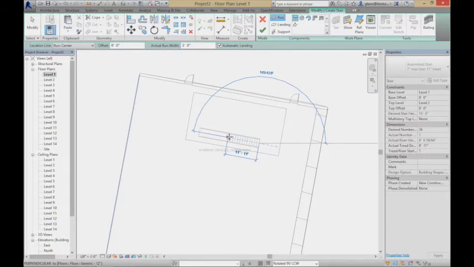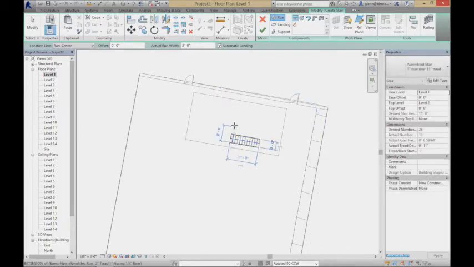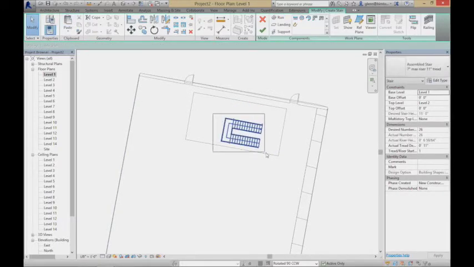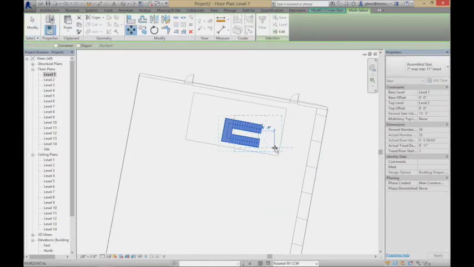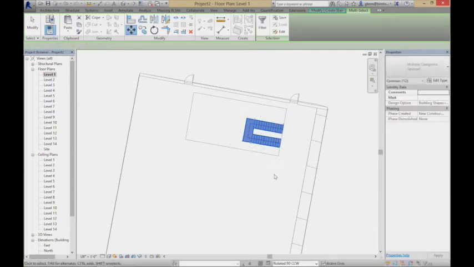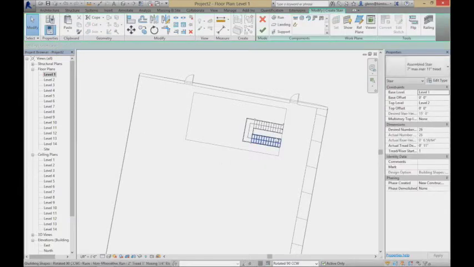So I'm going to put some stairs in here. 12 and 14, 13 and 13. I'll come back and just do a nice dog leg stair. Maybe I'll just move that whole thing over so that it's kind of up against the side of the shaft. Okay, and then even here, I can go through if I wanted to put some walls in. The other thing I can do with the stair, since it's going from level 1 to level 2,